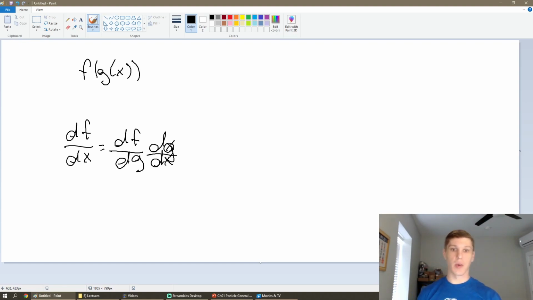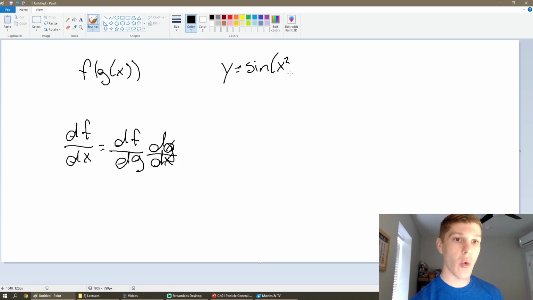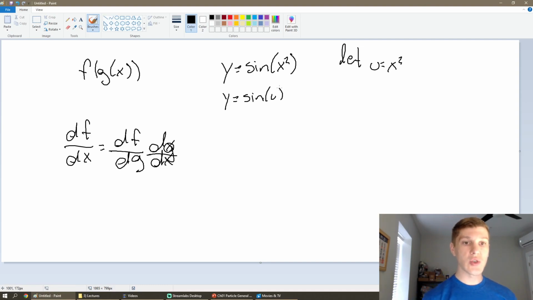So let's work a quick example of something that you've probably all seen before. If I say that y is equal to the sine of x squared, and I ask you to find dy/dx of that, everyone in this class has taken so many derivatives that you don't even have to think about using the chain rule anymore. You do it naturally. But if we're trying to be rigorous, you let u be equal to x squared. Then y is equal to the sine of u, and using the chain rule,